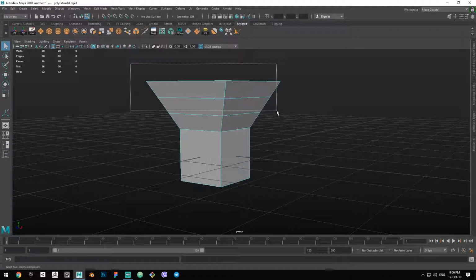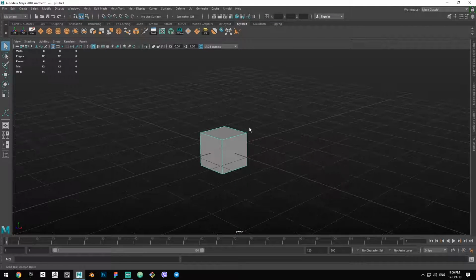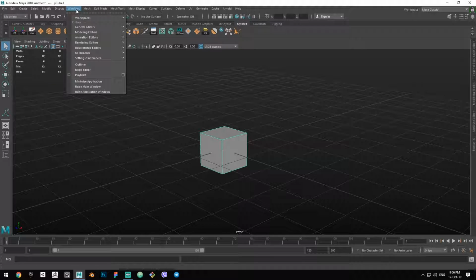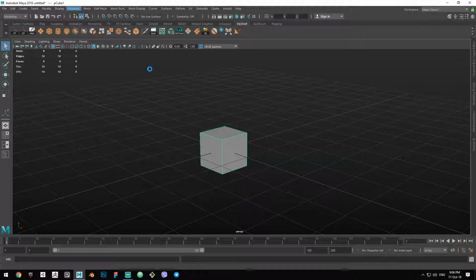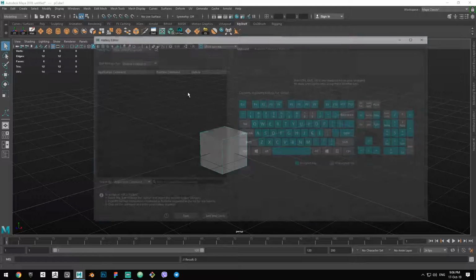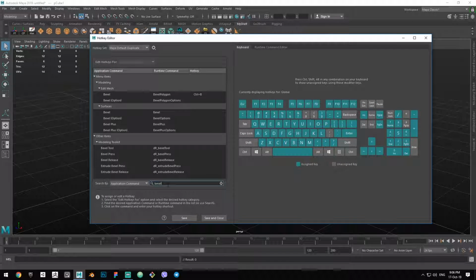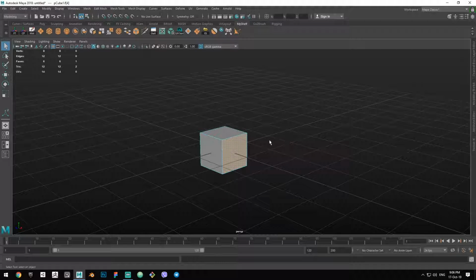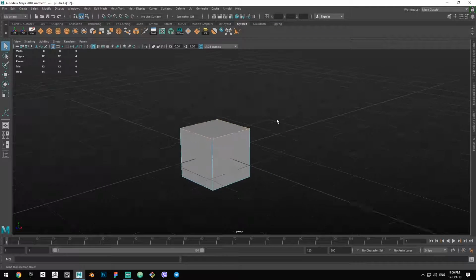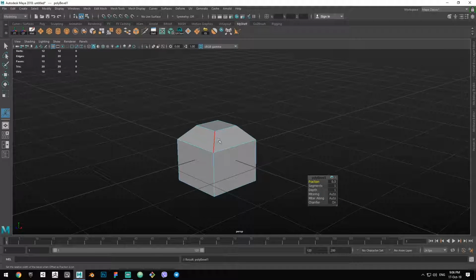Let's now assign another tool to another hotkey. Let's go, for example, with bevel. So again, Windows, Settings and Preferences, Hotkey Editor. I type in bevel here, and it says it's already hotkeyed to Control B. Let's pretend that it's not, and I pressed Control B and it said blah blah blah, so I just press save and close. And now when I select our edges again and press Control B, as you can see I have